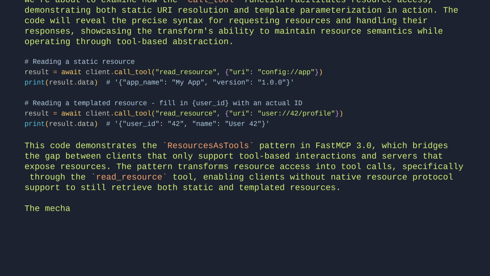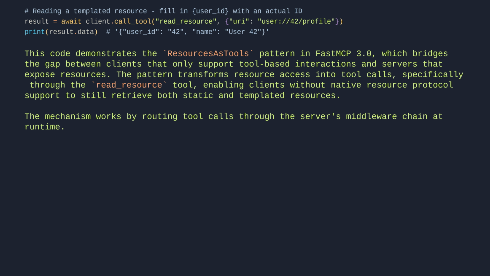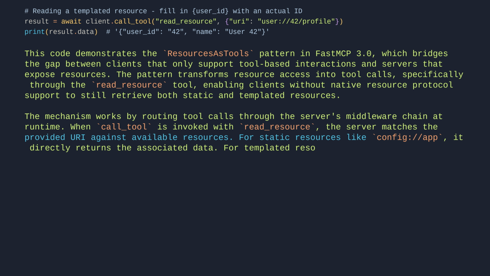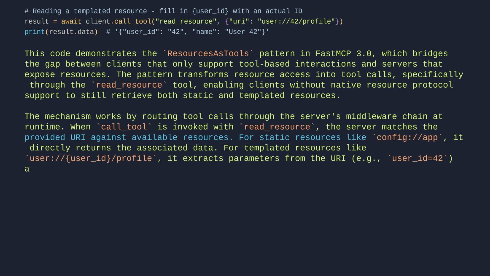The mechanism works by routing tool calls through the server's middleware chain at runtime. When callTool is invoked with read resource, the server matches the provided URI against available resources. For static resources like config://app, it directly returns the associated data. For templated resources like user://{user_id}/profile, it extracts parameters from the URI, e.g., user_id equals 42, and passes them